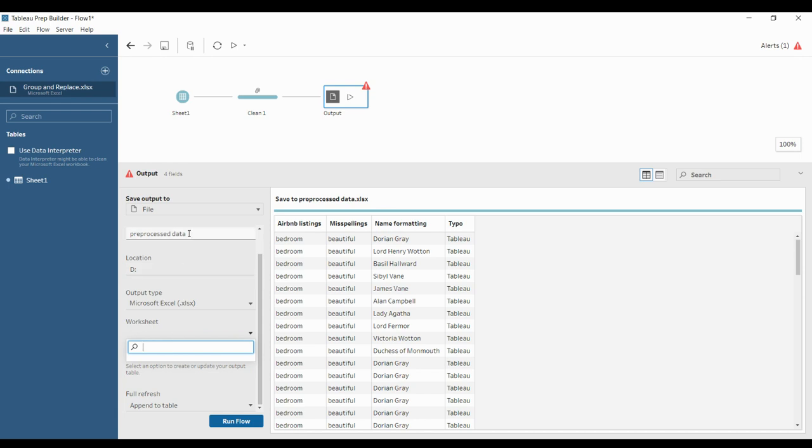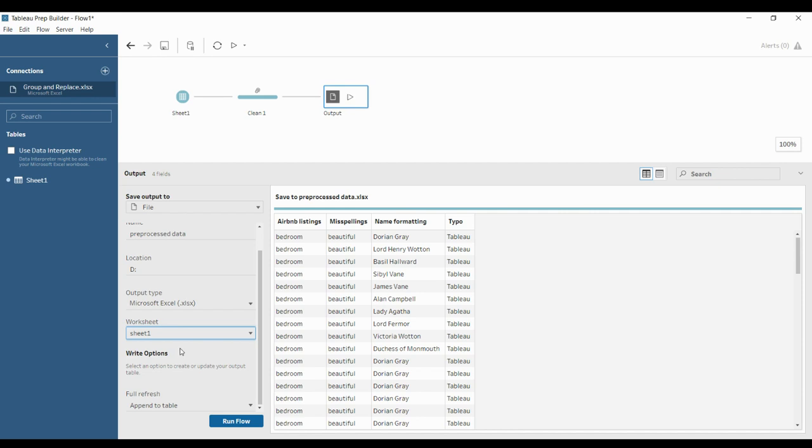But here we are creating the data because we are going to create the output file with the name pre-processed data. So I'm just simply creating my worksheet as sheet 1. This worksheet name will appear as the sheet name in your file. So I'm just creating it as sheet 1 and click on create new worksheet sheet 1.